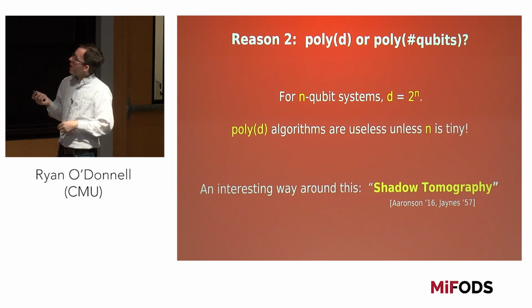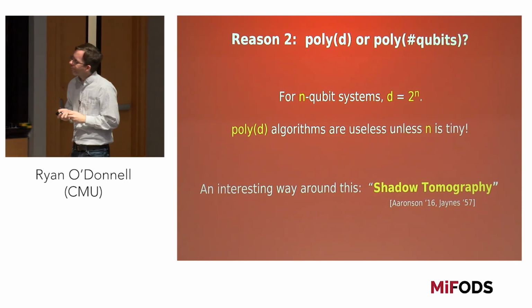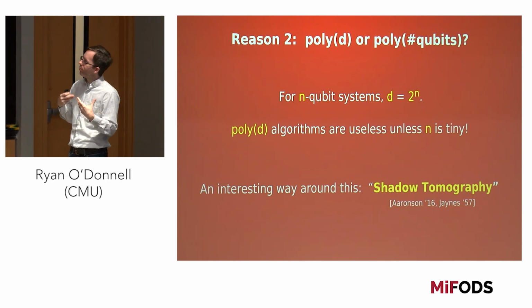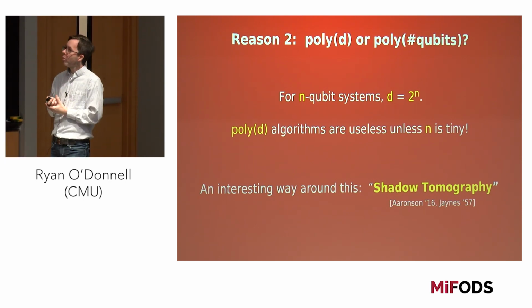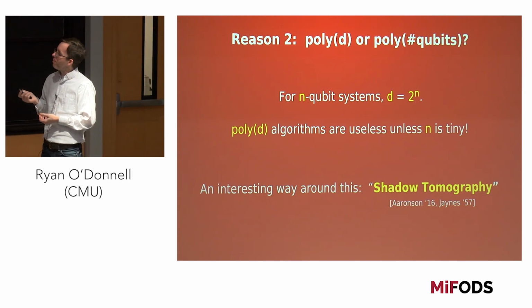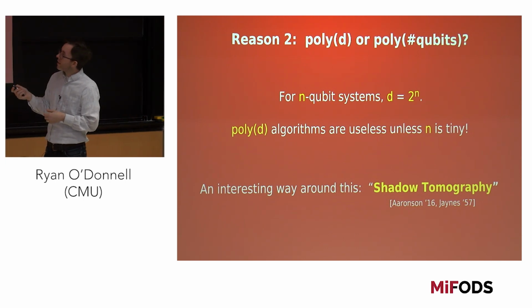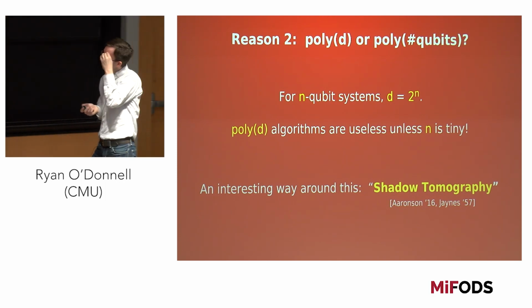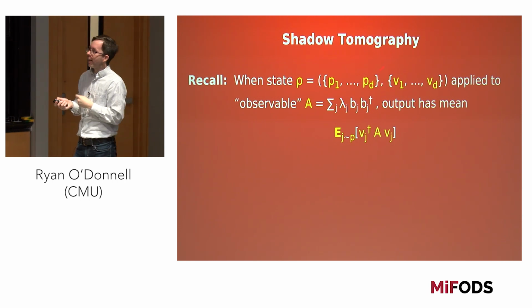So let's say you have some state, which is a probability distribution over a bunch of vectors, and sometimes we just encapsulate that all by the letter rho. And let's say it's applied to an observable A. This is some algorithm that you might do, which produces a real random number when you apply this observable A to this state rho. And its mean is this number: the average over all ways that the vector could be realized of V transpose AV. Let me just write this as the expectation of matrix A under state rho.